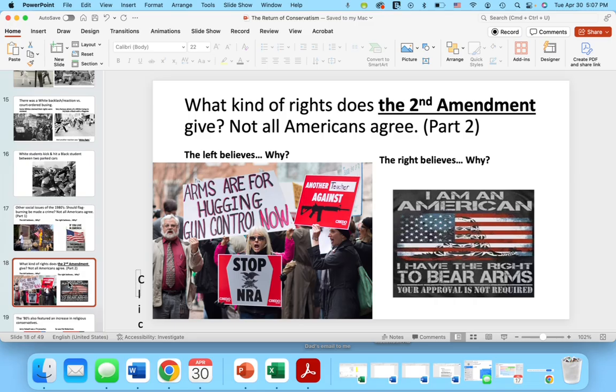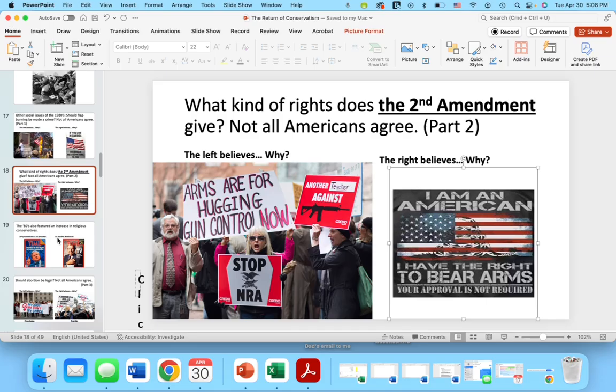What kind of rights does the Second Amendment give? Not all Americans agree. So the left wants gun control, as you see here in this sign. The left basically wants gun control, so maybe a personal handgun for protection or a gun for hunting, but a lot of rules and regulations. The right believes that militias have a right to carry guns and individuals have a right to carry guns, and they want few